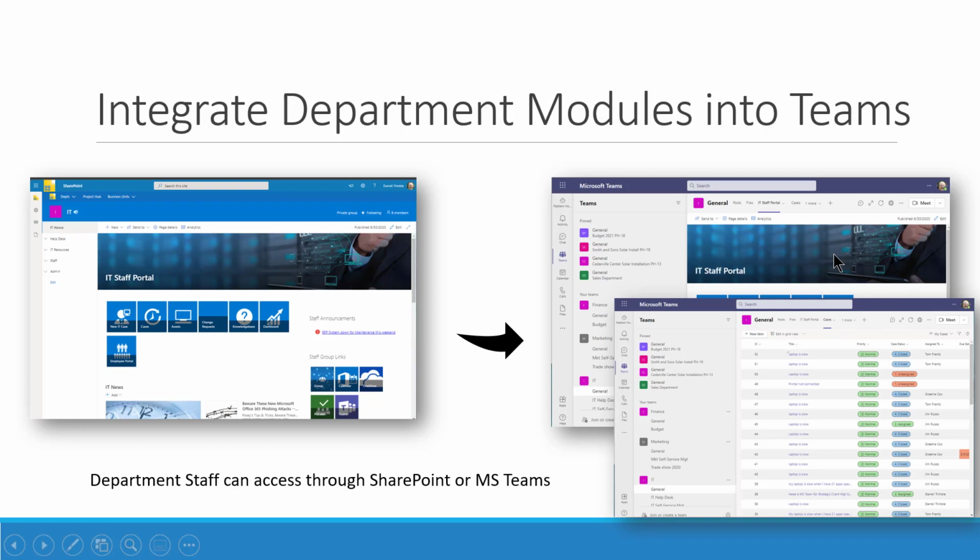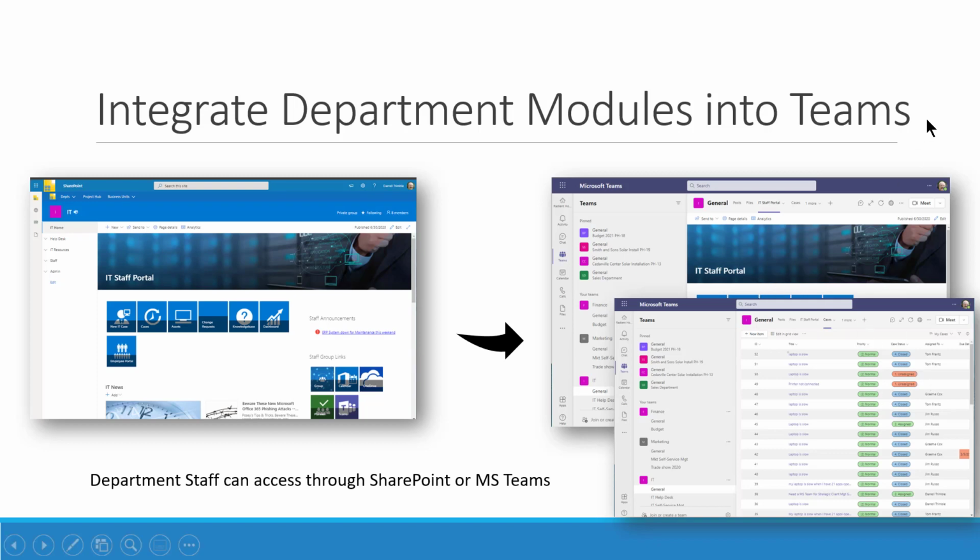And you can either create new teams, if you haven't started with Teams yet, to set up your team structure with the departments, or if you already have teams out there, you can actually create a channel for our products within the department teams where they can access the same types of functionality that our customers are used to, and also be able to get at any lists, libraries, those types of things. So for instance, here is the IT portal, and here is the ability to manage cases right through Teams